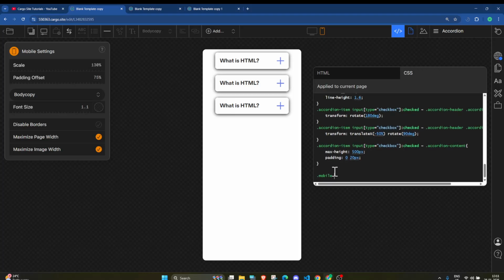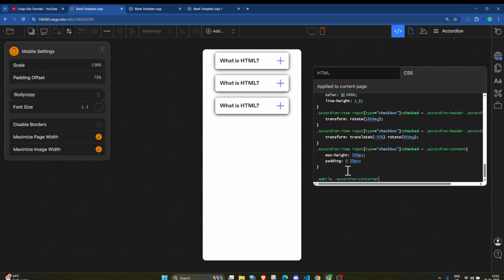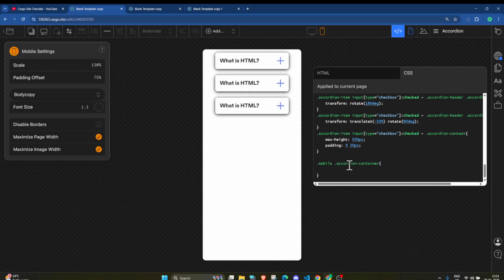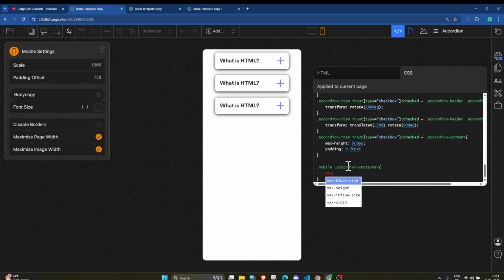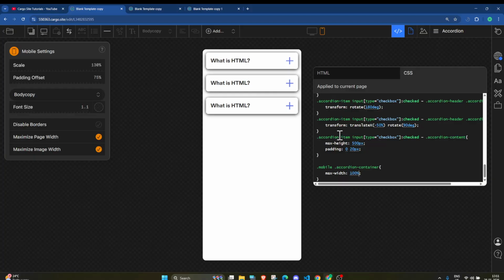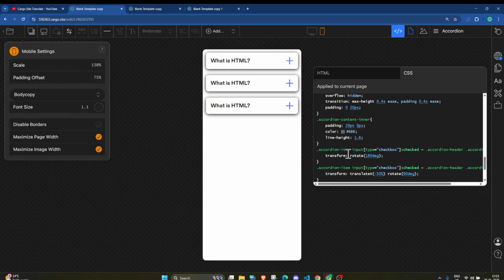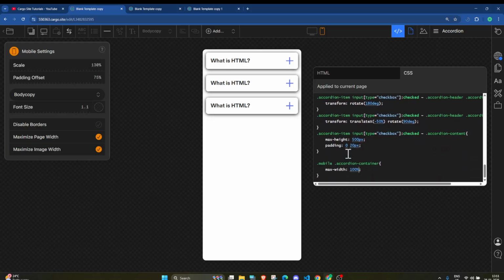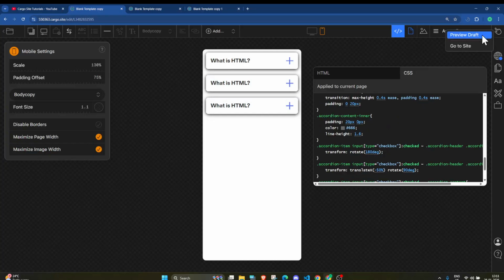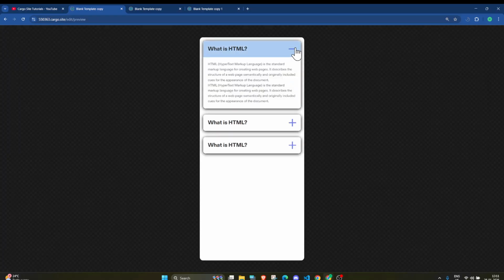And I will paste it here and make the max width 100%. Now this is fine. And similar way, if you want to change the, let me see the mobile version. Yeah, it is working fine on the mobile as well.